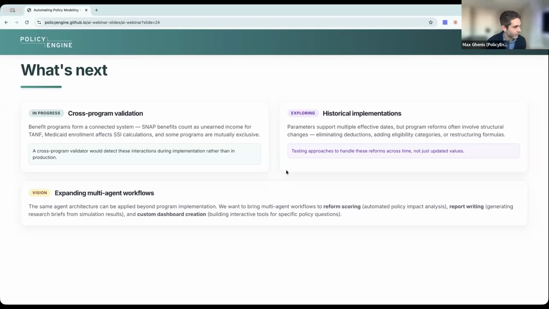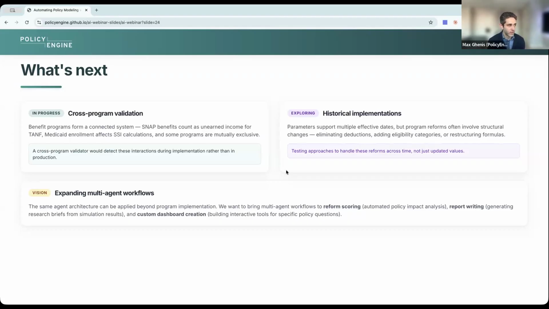Yeah, so I think this final slide touches on a couple of the last questions as well in terms of what's next. So we've done this now for 45 different TANF programs. That's how this is all evolved. And we're starting to do it with some other programs like SSI state supplements and also childcare subsidies. Also looking at, for example, LIHEAP. So all these programs that have more state level variation that we haven't put in the program yet.